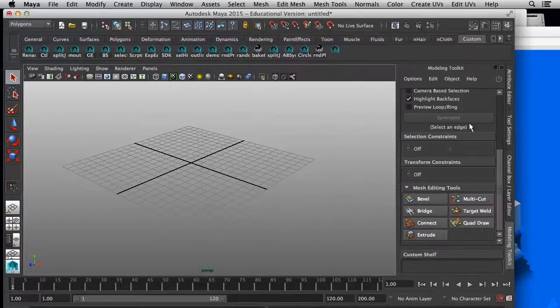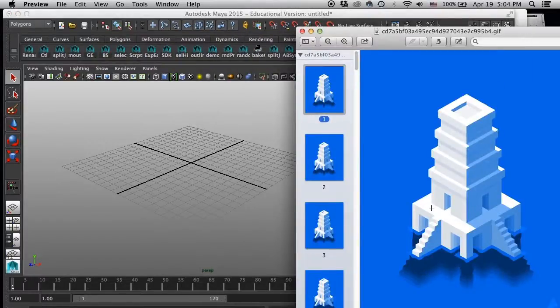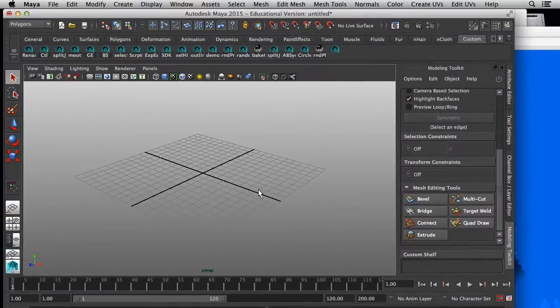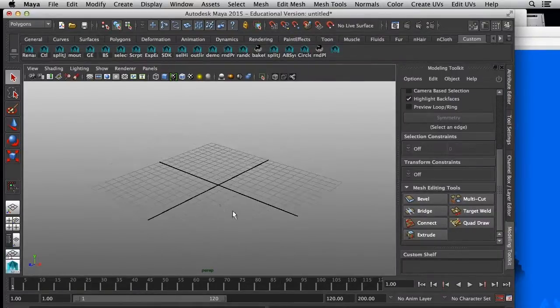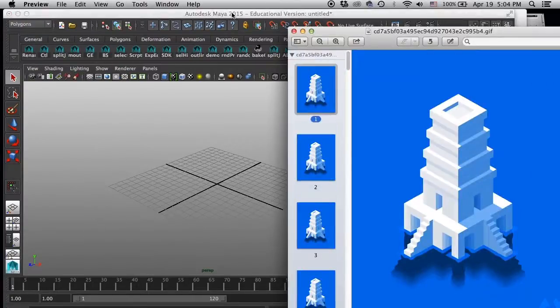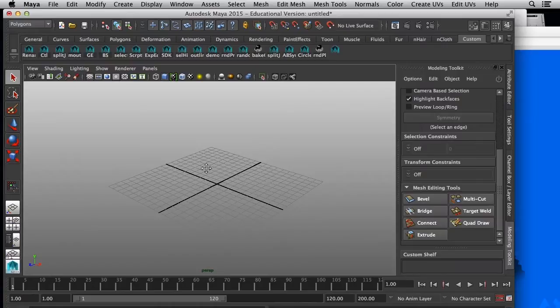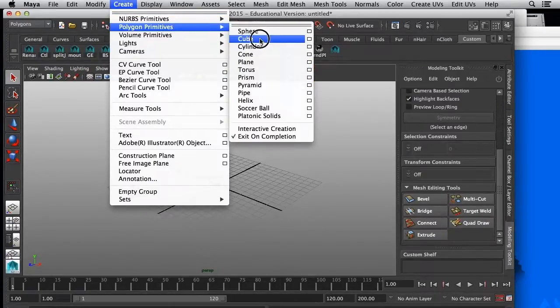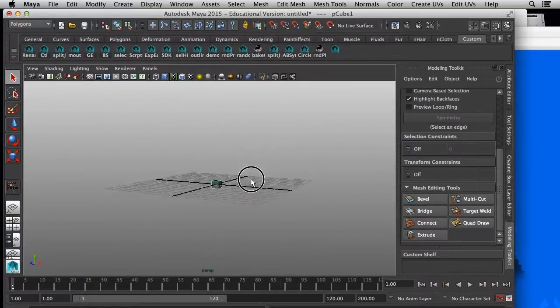And I'll save that. And I'm just going to eyeball this. I'm not going to try to be perfect. This is drawn by hand, is my guess. It's not actually 3D, and so therefore it's going to look a little bit different because 3D has an actual camera lens, whereas this is just using like 2-point perspective. So the first thing I'm going to do is I'm going to create a polygon cube, and